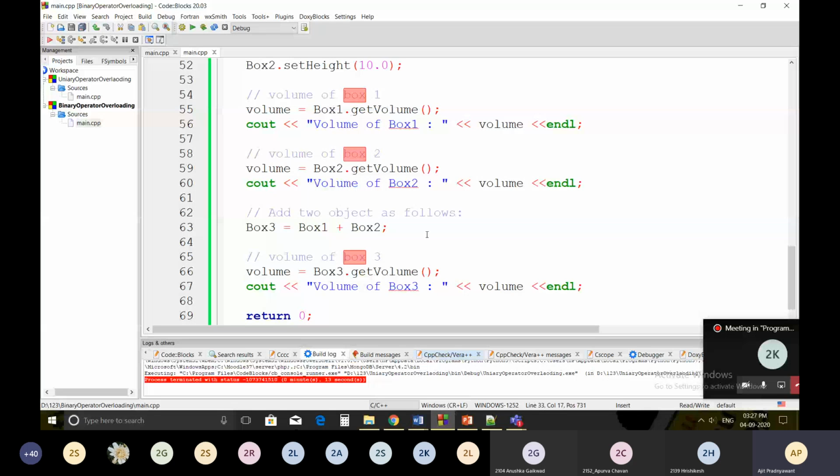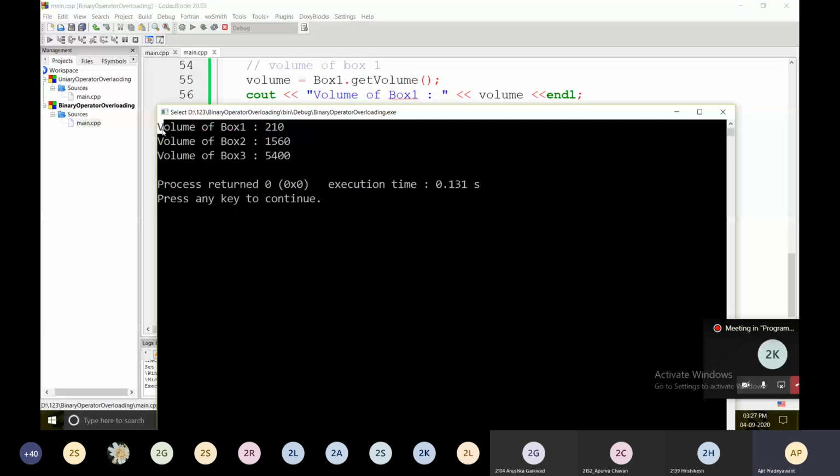Just see the output. Here it is. Volume of Box1 is 210. Volume of Box2 is 1560, and volume of Box3 is 5400.